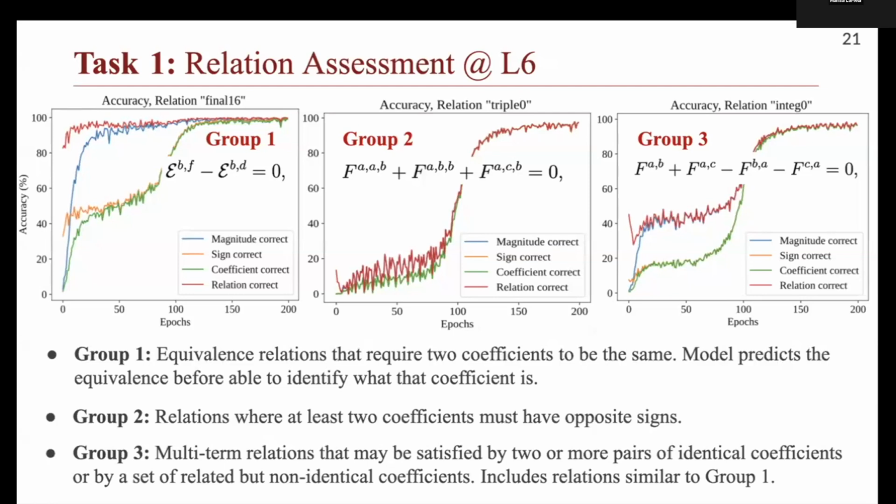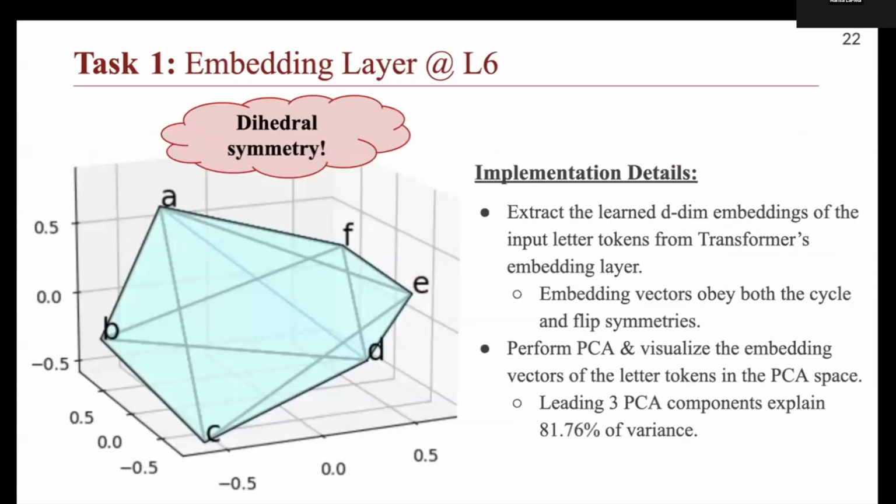What is very interesting here is that the model is able to find the terms that are related to each other and instantaneously tell you, okay, these two terms have to have the same coefficients. The other thing we did is look at the embedding space for the letter